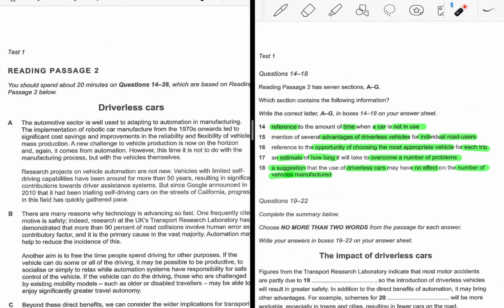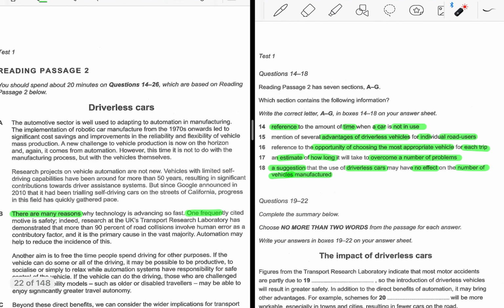In paragraph B, so we found there are many reasons, one frequently cited motive is safety. And in the last,